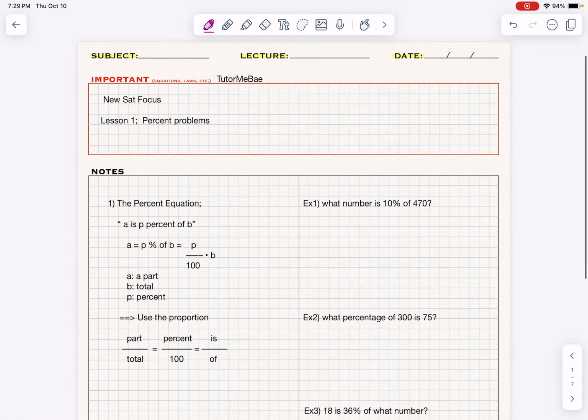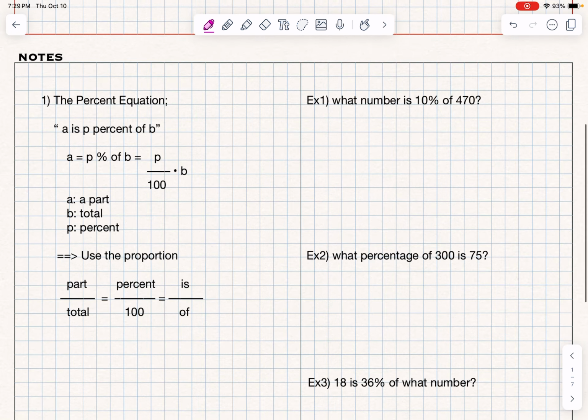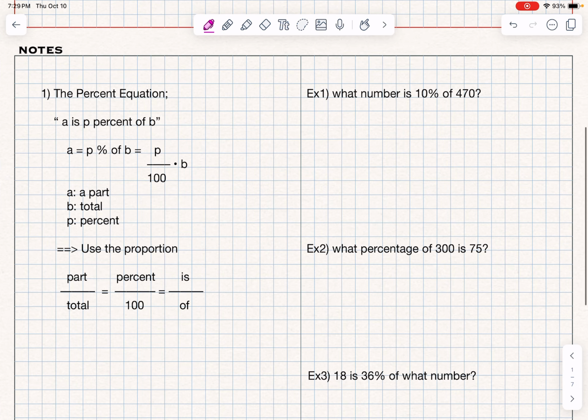Hello everyone. Today we're gonna focus on new SAT problem. From those problems, we will try to look for the percent problem today. Okay, so first, if we have a percent problem, we can change that percent problem to either the percent equation